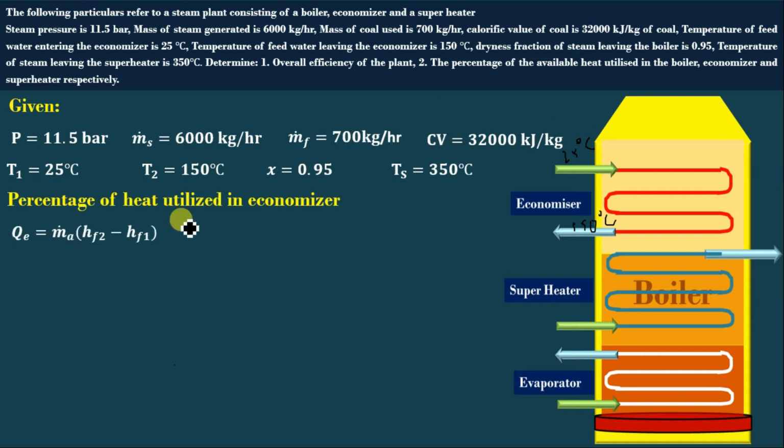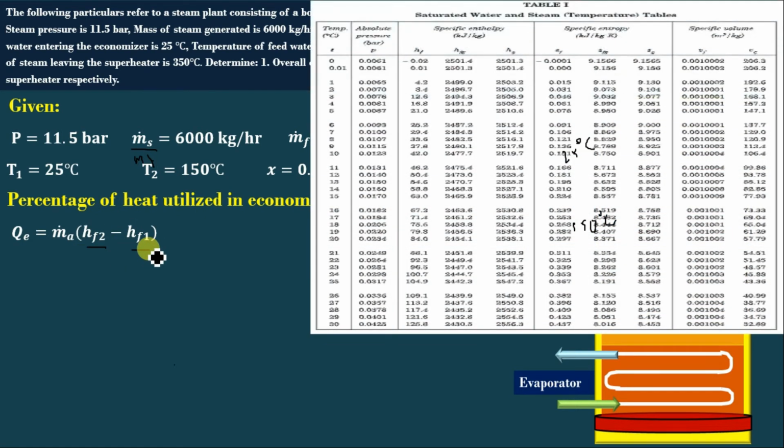It is denoted as QE is equal to Ma, this is mass of steam divided by mass of fuel. We are taking per kg of fuel. The enthalpy at outlet of economizer minus enthalpy at inlet of the economizer. We found out what our HF2 and HF1 are. We know the HF2 is at 150 degrees Celsius, HF1